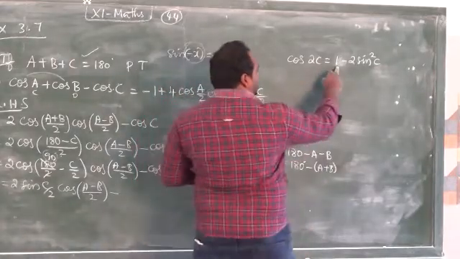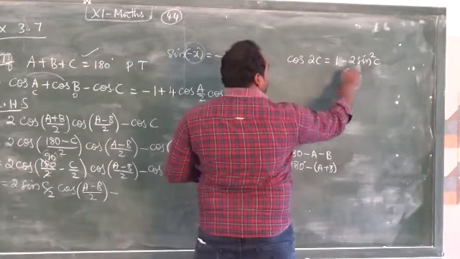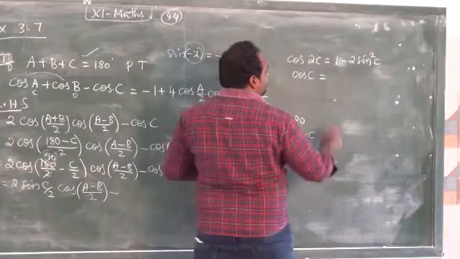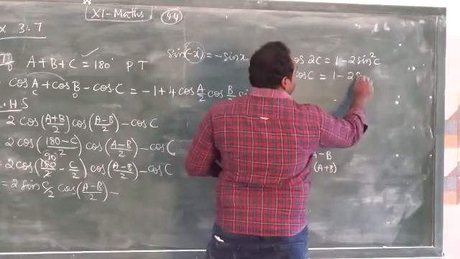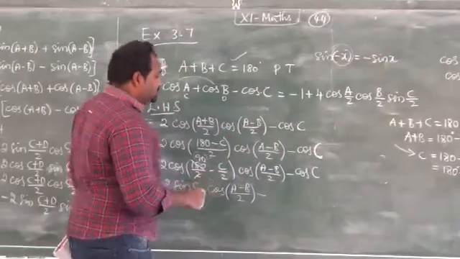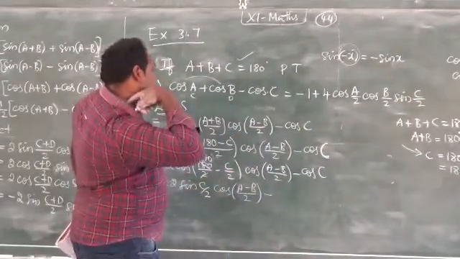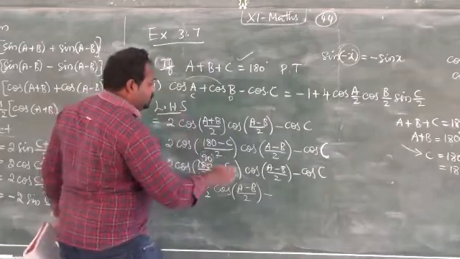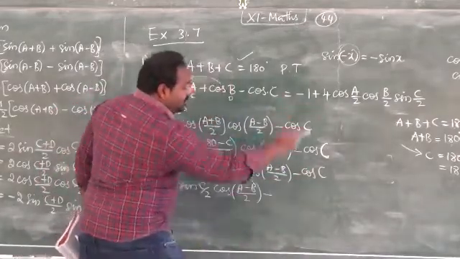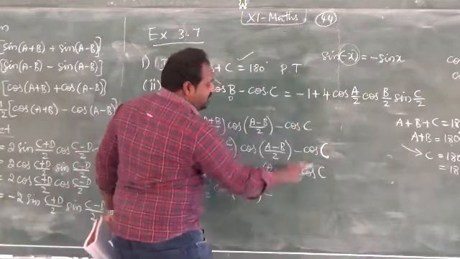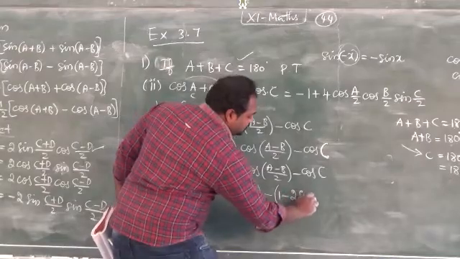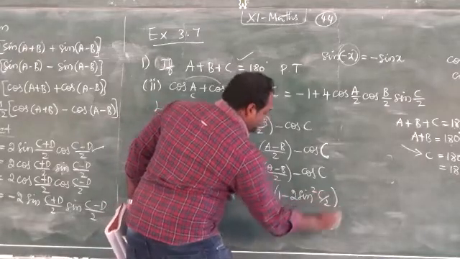One of them is 1 minus 2 sin square C. If you want to write the cos C formula, it is 1 minus 2 sin square C by 2, the half angle formula. So I am going to use sin square C by 2 instead of cos C. If I apply minus cos C, it is 1 minus 2 sin square C by 2. Okay, now